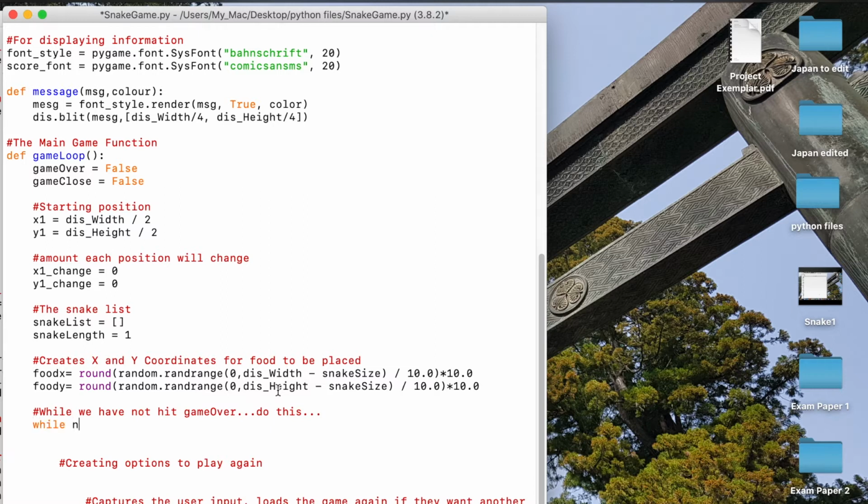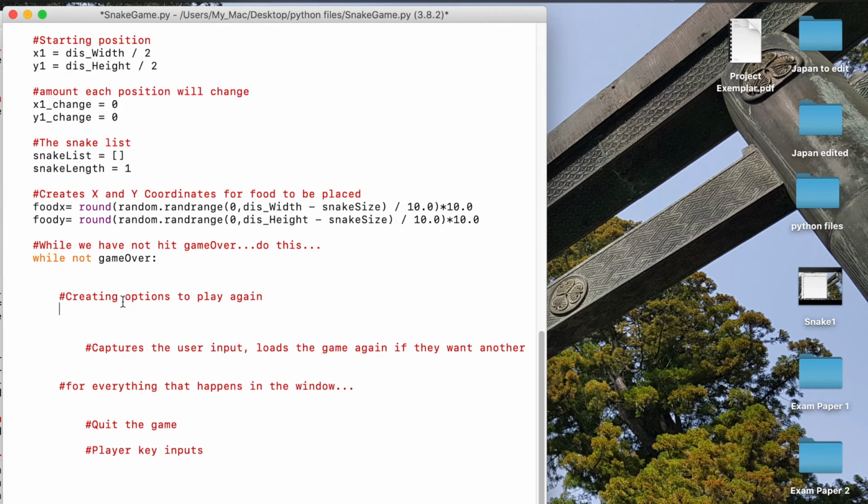So while we have not hit game over, the first thing we want to do is create the option to play again if we do hit a game over. When we hit ourselves or hit the wall, we're going to end up triggering this. I'll explain that more as we actually create it. So while game close equals true,